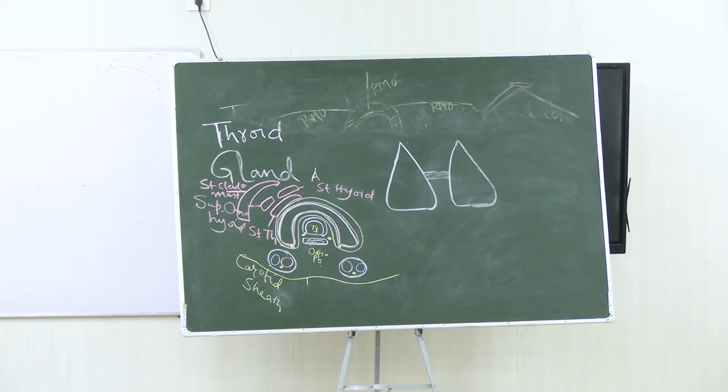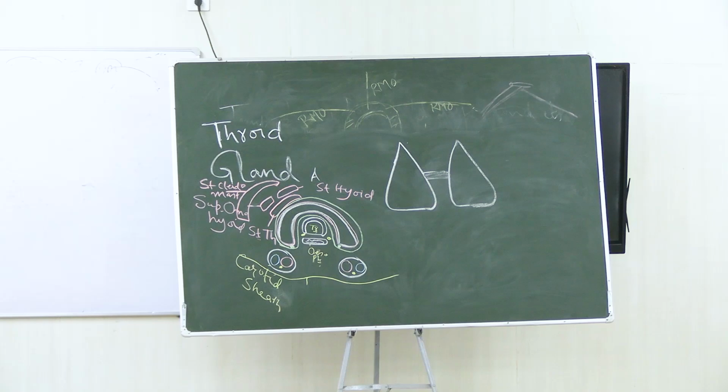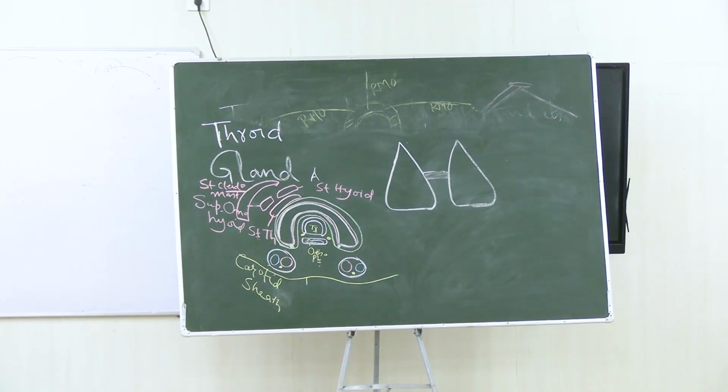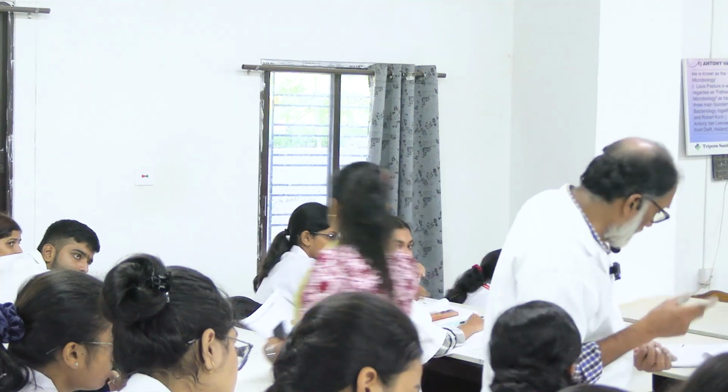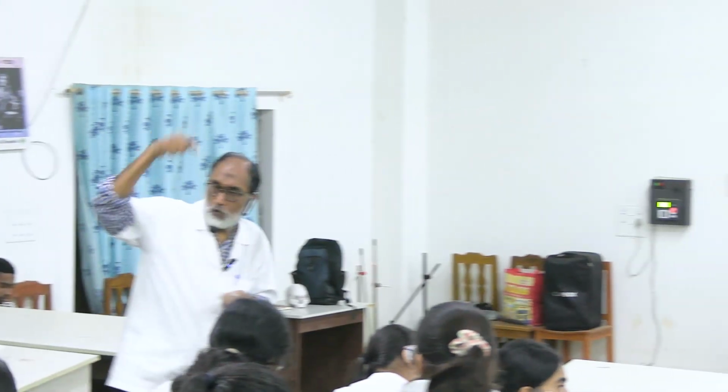Now let us discuss, sometimes from the isthmus of the thyroid, a pyramidal shaped gland may lie, that is called the pyramidal lobe. This pyramidal lobe is attached to the thyroid gland, from where the thyroid develops. Right. Thyroglossal duct. From the foramen cecum of the tongue, there is a downward growth of a